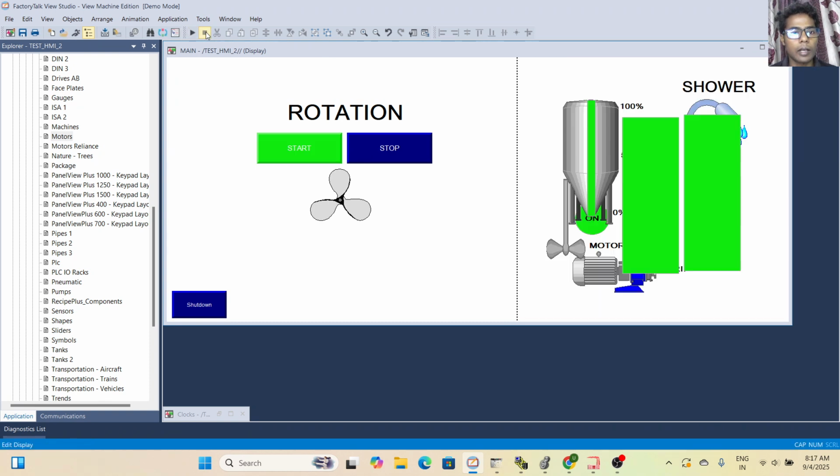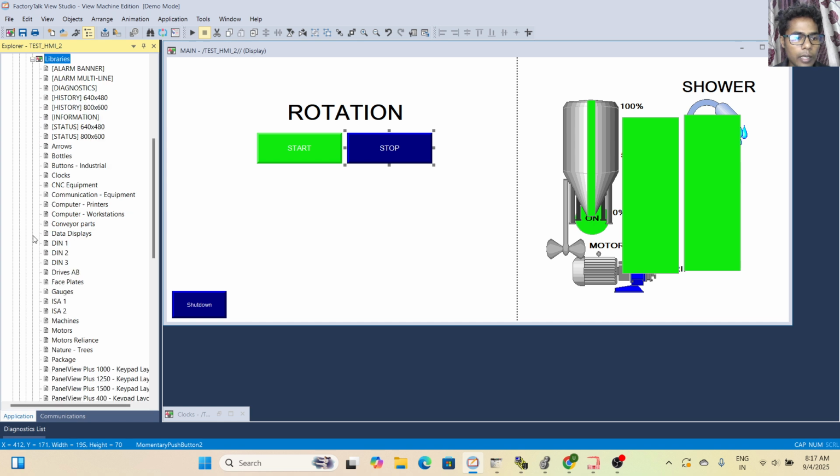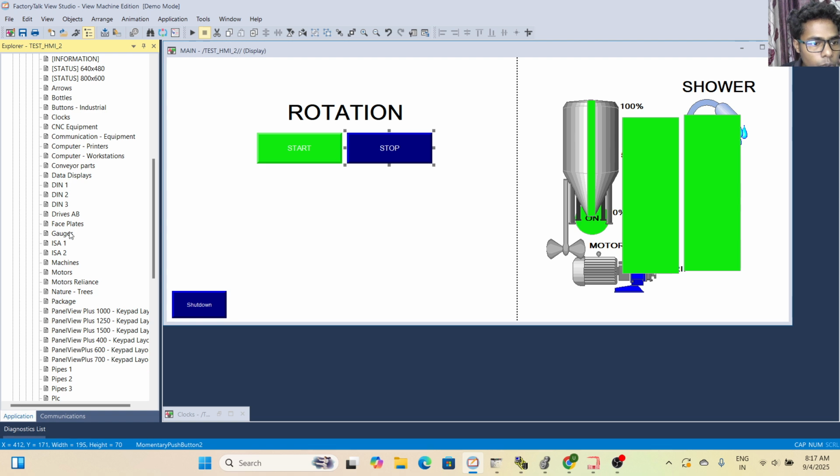First of all, you have to select this fan. Why do you have to select this fan? Because I have to apply a rotation animation on it. First of all, I have a start and a stop push button. Then I go to the libraries section, click on the plus icon and go to the motor.